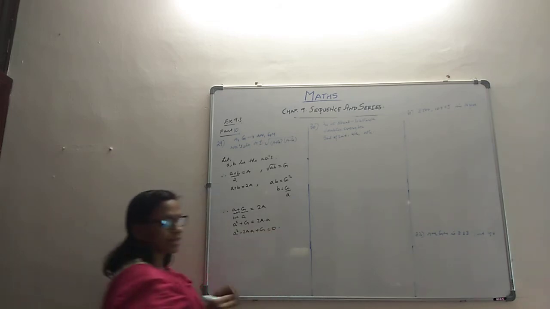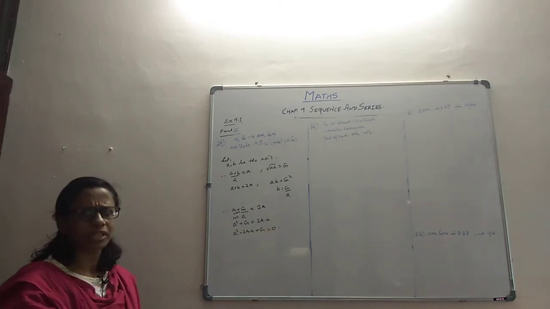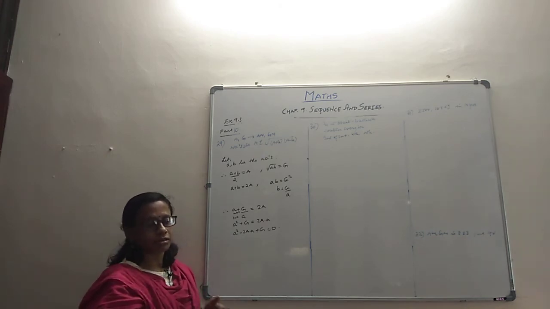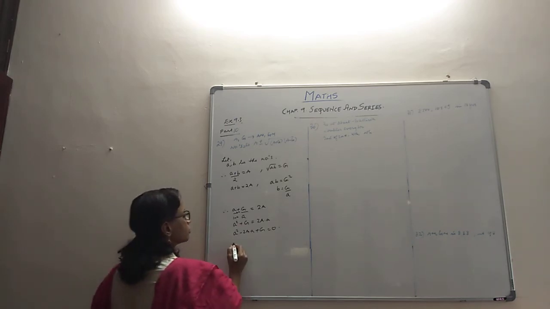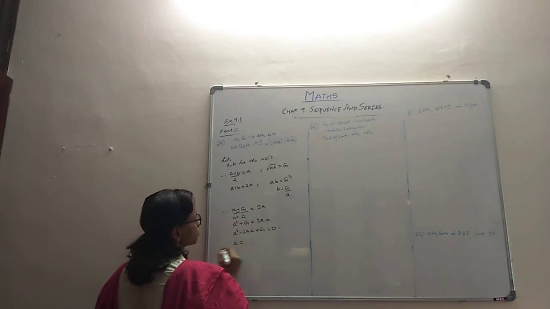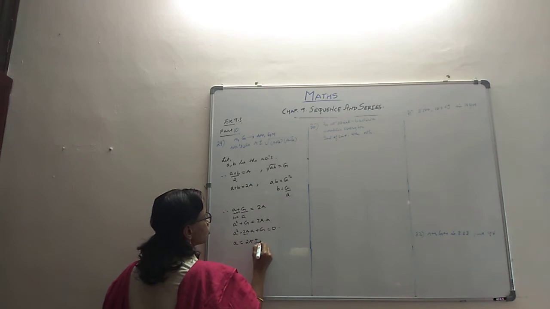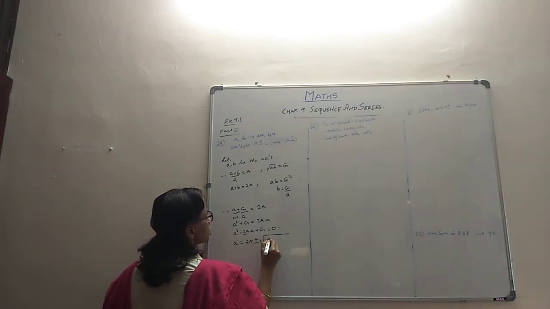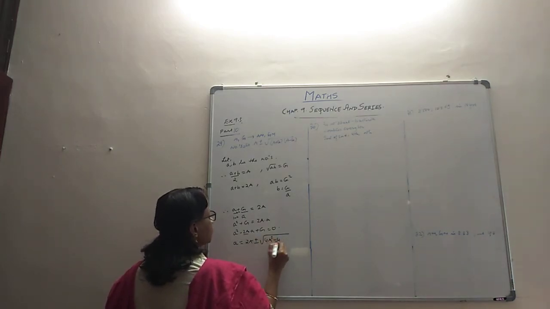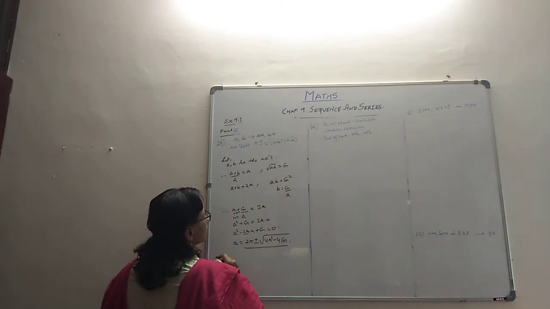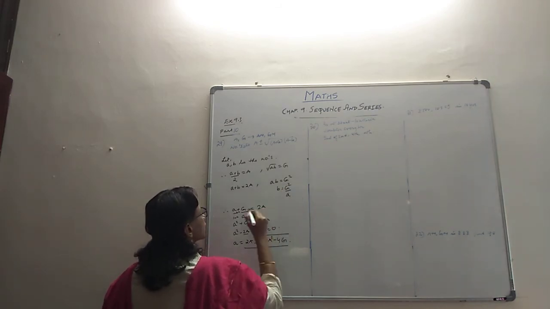So this is a quadratic in small a, and we know a quadratic can be solved, because these are all knowns, we can take the quadratic formula and get the root of a. So by the formula, you will get the roots of this equation as minus b, which is minus minus 2A, so 2A, plus or minus root of b squared, which for us is 4A squared, minus 4ac, where a for us is 1 over here and c for us is G squared.